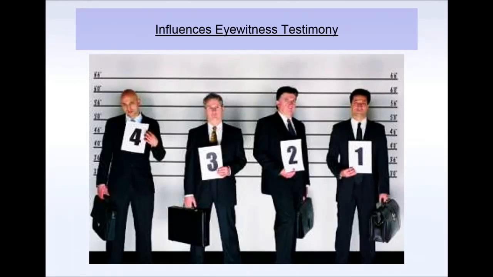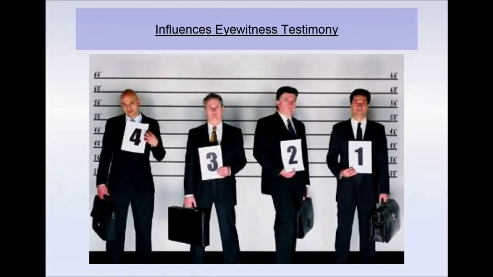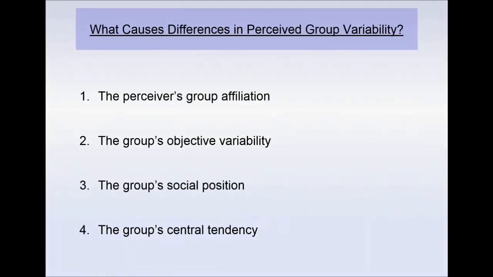So what I'm going to do in this part of the presentation is to discuss a program of research that Constantina and other colleagues have been engaged in with myself over the last 12 years. It's investigated why people perceive some groups to be more different, more variable than others. And this research, like I say, was published in Current Directions in Psychological Science.